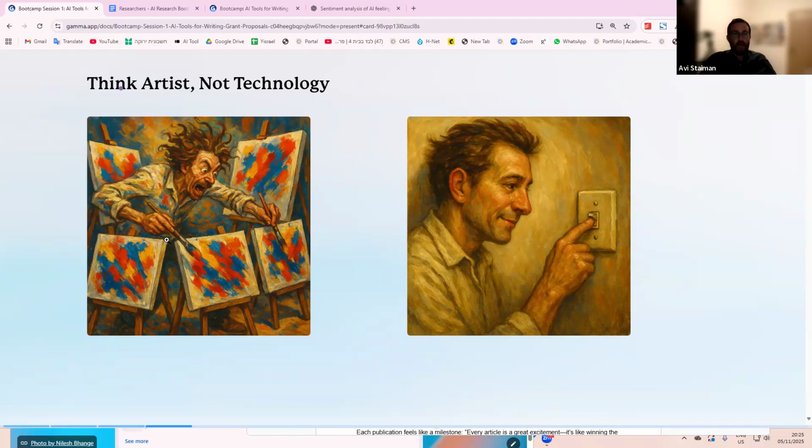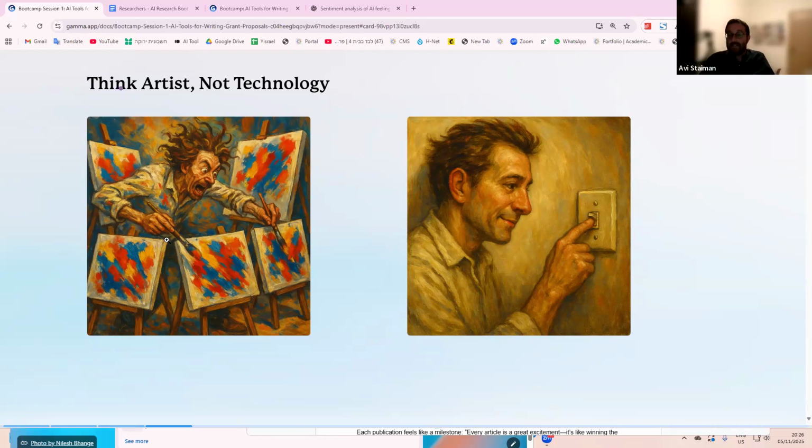So let me explain. Imagine that every morning I would come and give you a canvas and some colors. The first morning I give you a canvas and some painting colors, some acrylics, and I come back at the end of the day and you say, "Wow, what a beautiful painting." The next day I come back, I give you the same canvas and the same colors, and I say, go ahead and make me another painting. And I come back at the end of the day, and you've made me a painting that looks totally different. And I say, wait, what? I gave you the same materials. How come you gave me a different painting?